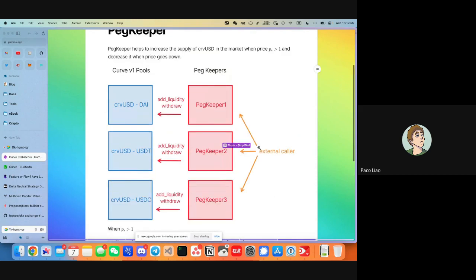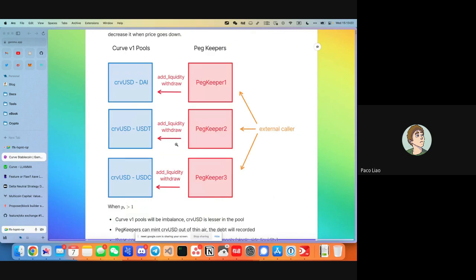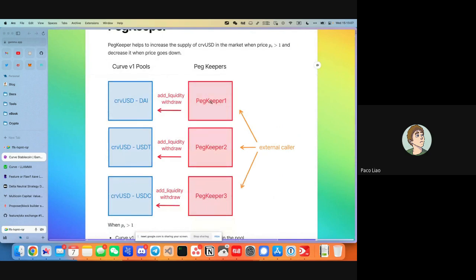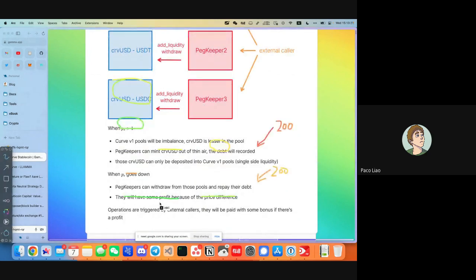And these peg keepers are called by external callers. So when the Curve USD price goes up, external callers can call the peg keepers to add liquidity to the pool. And when the price goes down, the external callers can call the peg keeper contracts to withdraw liquidity. And since there's a profit because of the price difference, if you call this contract and generate some profit, they will send some profit to the caller. And the profit is